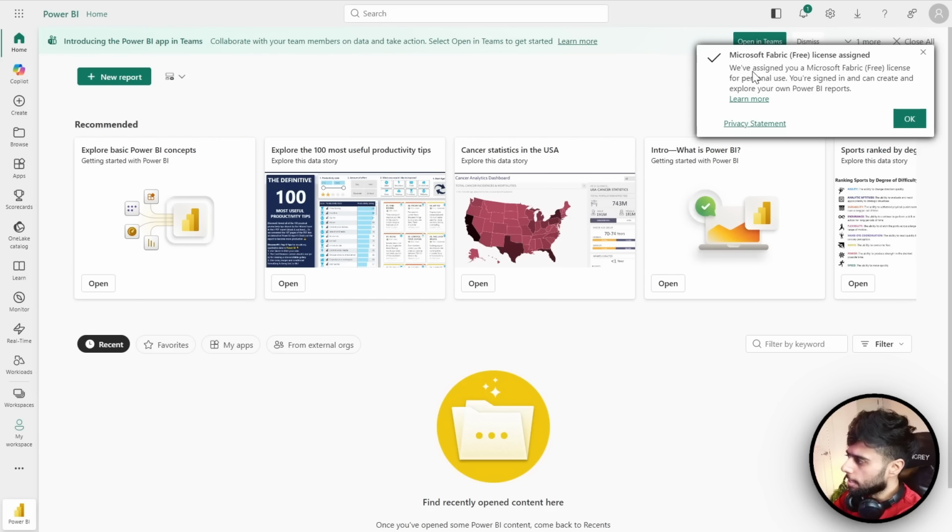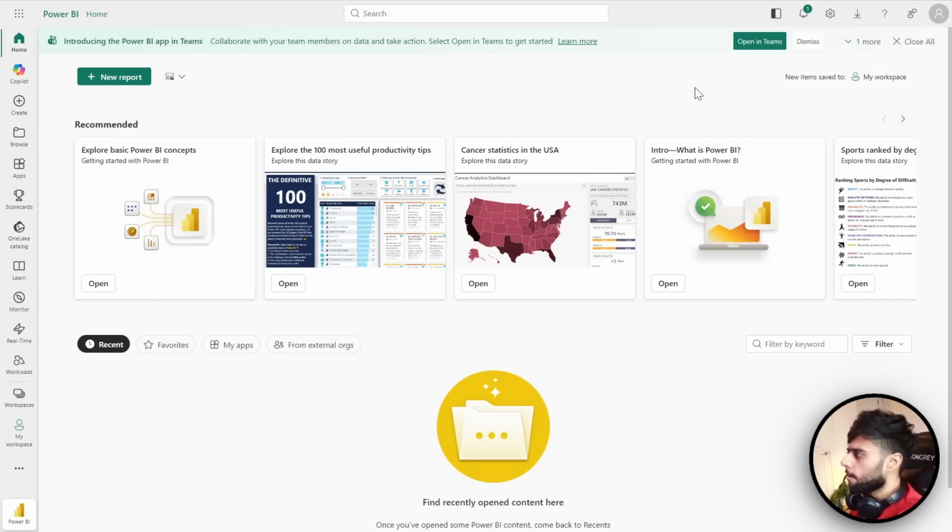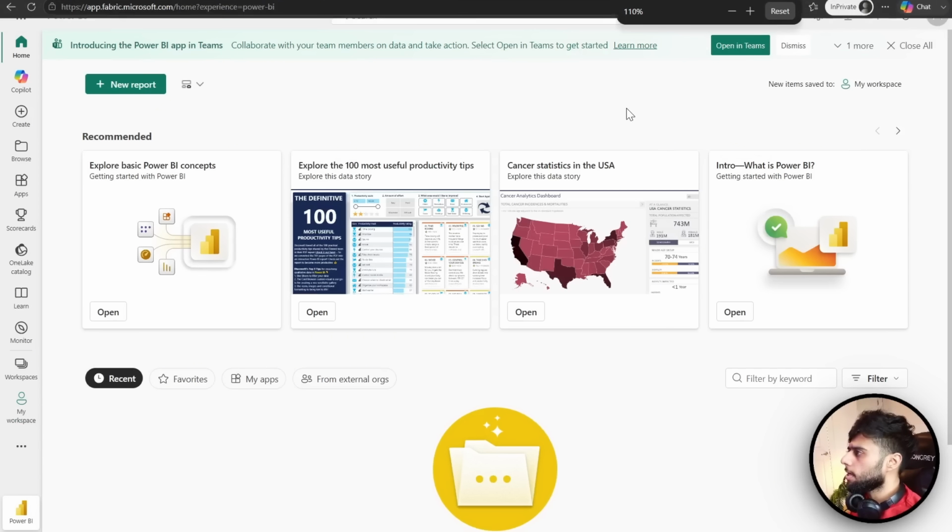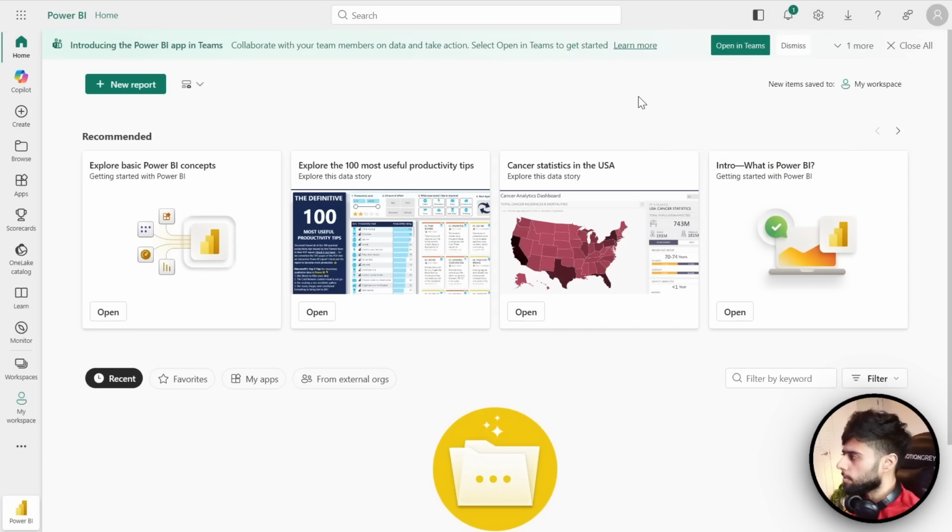You are signed in and can create and explore your own Power BI reports. Simply say okay. And here, yes, we need to do a lot of stuff before actually saying that we are